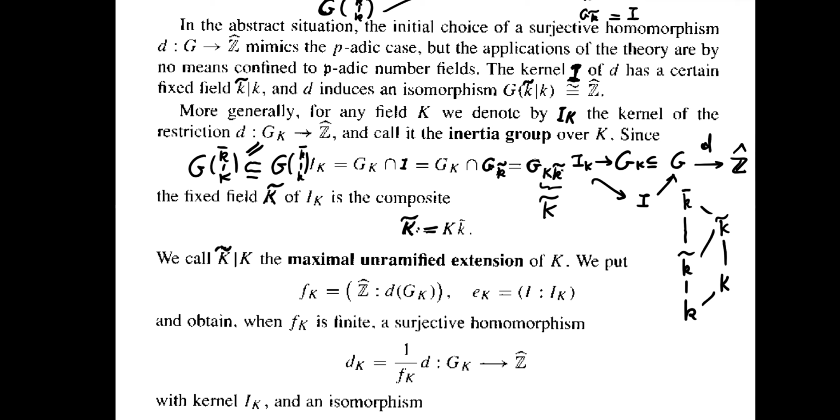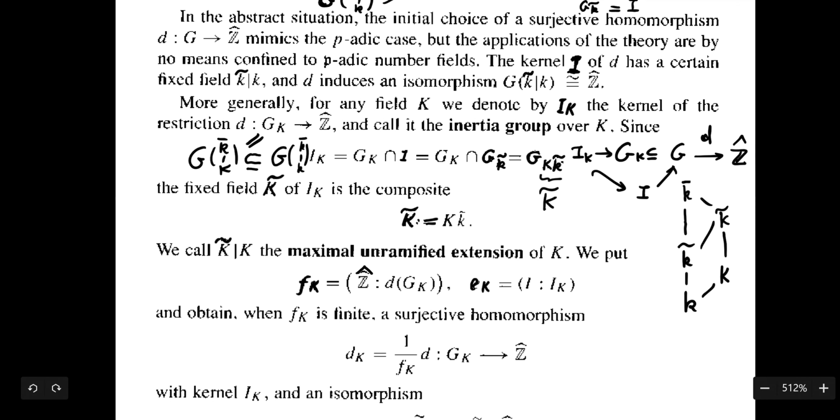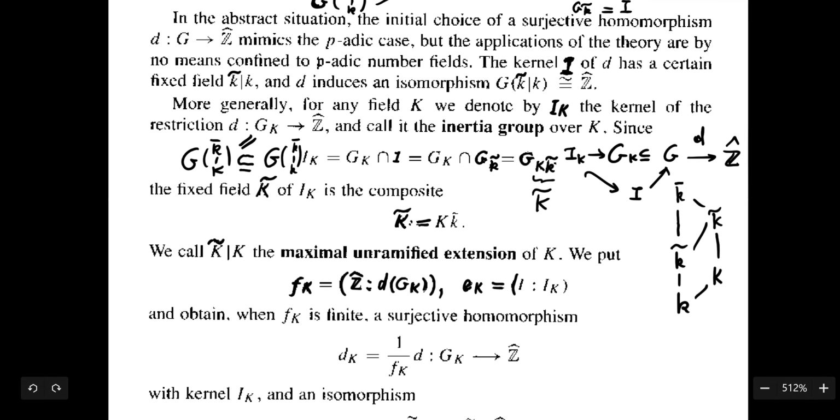Now what we do, we are going to define something similar to what we have for local fields, something like ramification degree and inertial degree, defined to be the dimension. So this is the dimension for the image of D inside the Z hat. And the ramification degree is the dimension of